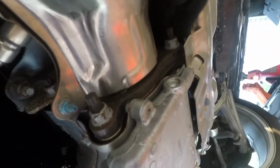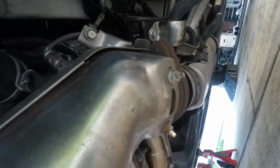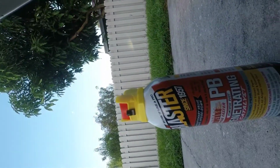But as you can see, there's the 2 bolts on the bottom. There's one up top that you actually can't see there because I have a terrible camera angle, and then that one on the top left there. Also, don't forget to remove the 2 O2 sensors and that ground wire right next to it. So I'm going to spray that, and we'll go from there, let that sit for a little bit,